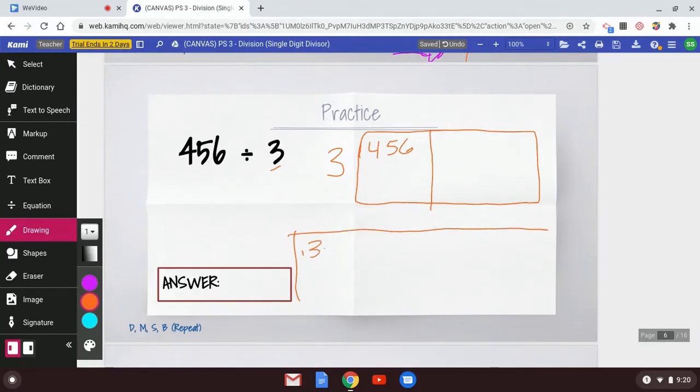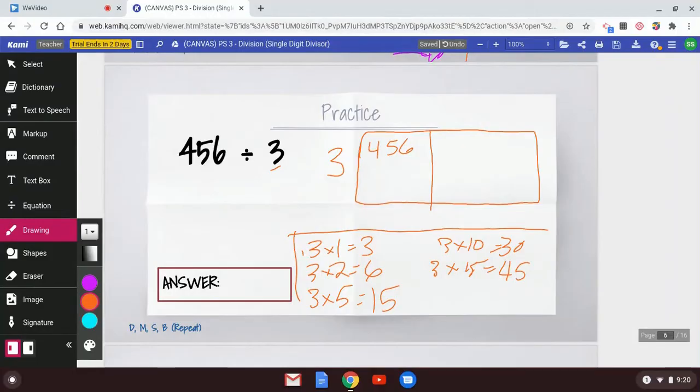Well, we know 3 times 1 equals what? 3. And we know 3 times 2 equals 6. Now, I don't want to list all my 3 times tables, so I'm just going to skip. 3 times 5, what does that equal? 15. 3 times 10 equals 30. 3 times 15 equals